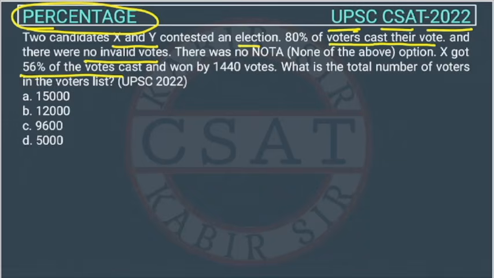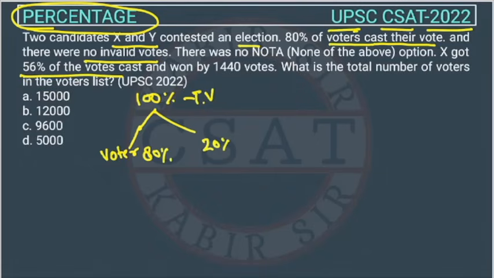So suppose 100% voters are there, right? Total voters are 100%. So out of it, only 80% are voting, right? So how many are voting? Out of total people, 80% voted and 20% didn't vote, right? So they have not voted, right? Now,